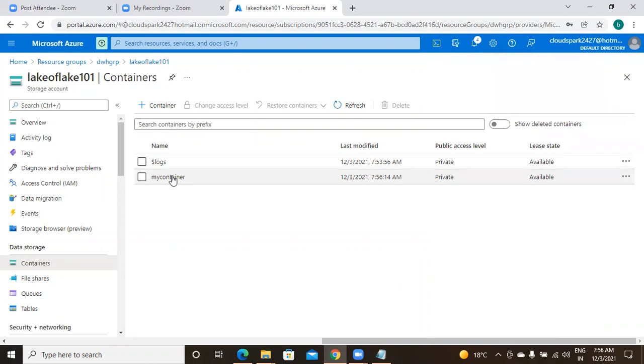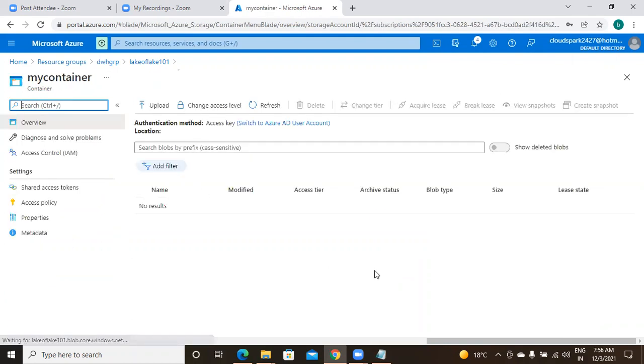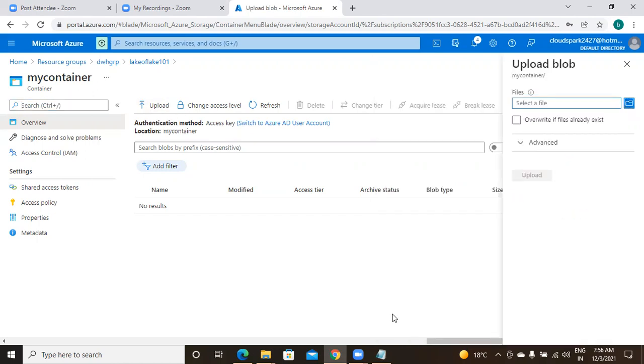Into this container, you can copy your files. Suppose it is a local file, no need to use ADF or any other tools, because you have the upload option directly. For example, if you want to dump data from another database into the container, at that time you have to use ADF. So I am clicking on upload. It asks me to select a file, which is a local file.